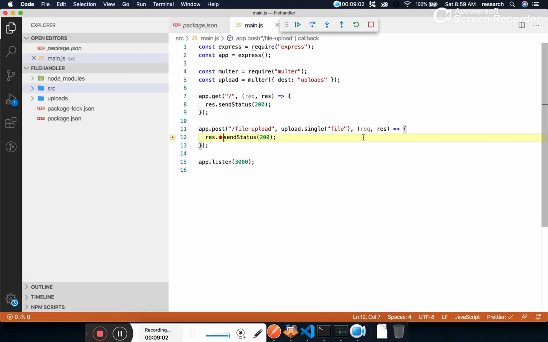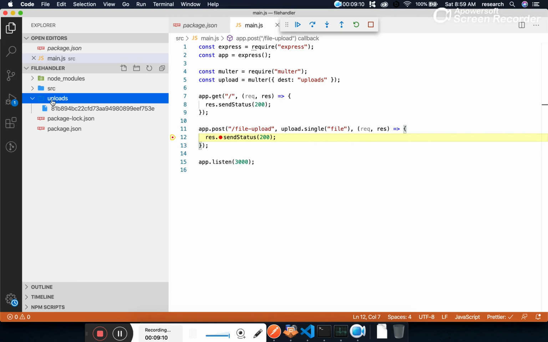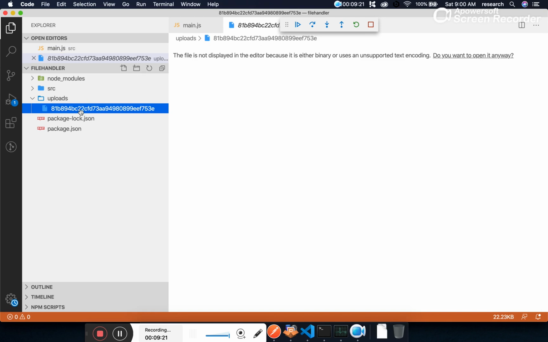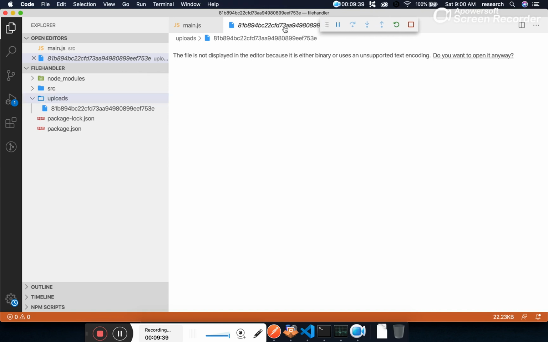Send. So now you can see the call has successfully come to our post method, and the most important point is that an uploads folder has been created, and you can see that one file has been added, but the name of the file is just some hexadecimal code, some hex code. So by this I can see that we have successfully uploaded a file. But the file name is a unique file name, which we cannot read in a proper manner, in a simple manner I mean to say.